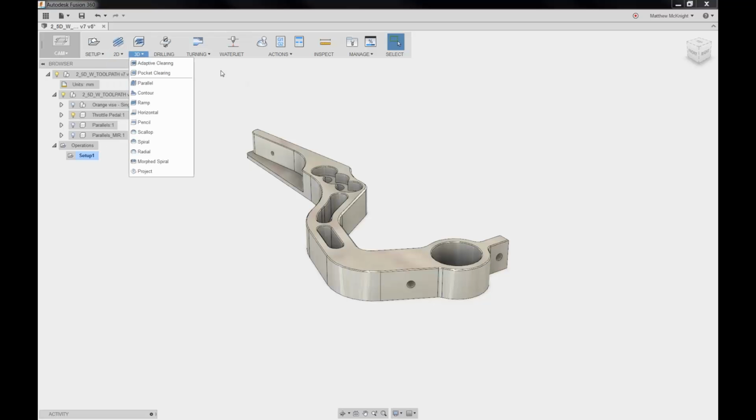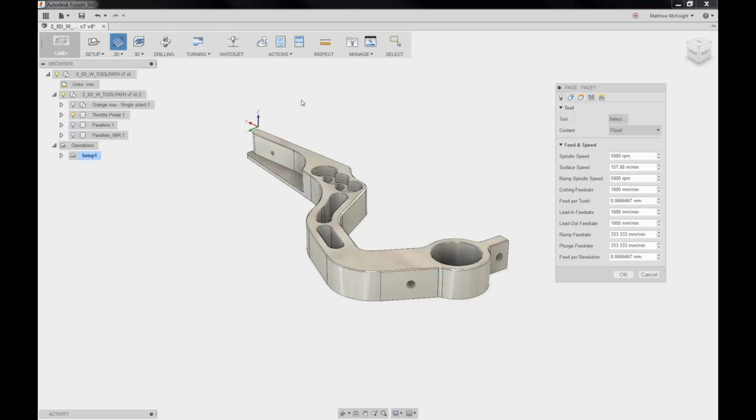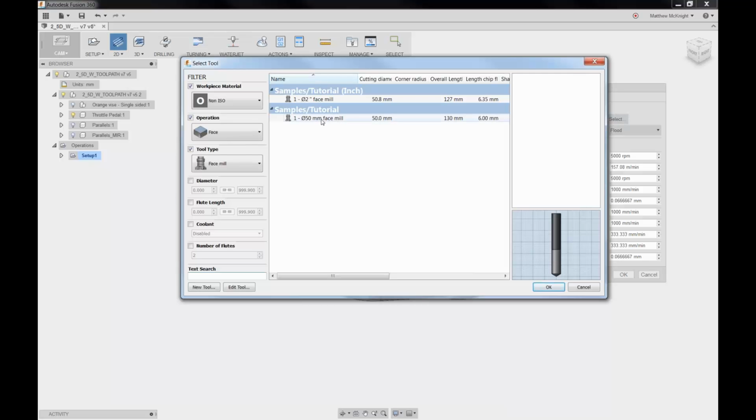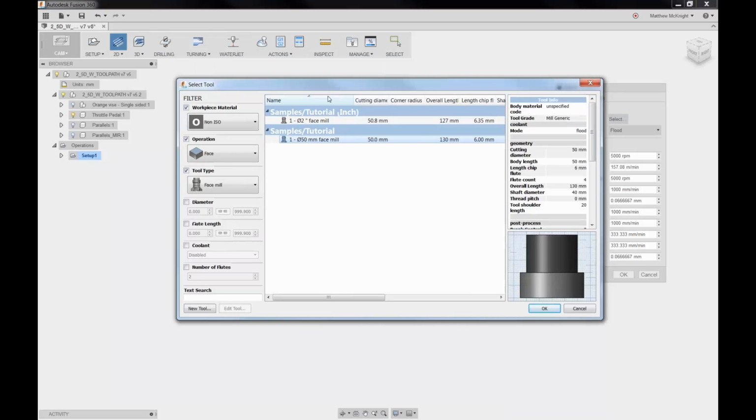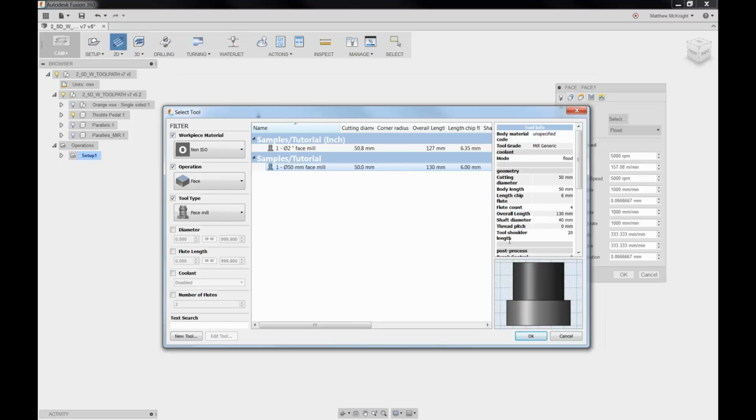In this case, the first operation that I want to use is just a simple face operation, and I can select that from either the icon at the menu or from the drop-down box by choosing face. The dialog box opens up, and predominantly the only thing that I'm going to do here is choose select and go and choose the tool that I'm going to use in this instance to do the face milling operation. So this is the tool environment where I can select all of the tools that I have available to me. This is filtered at the moment,